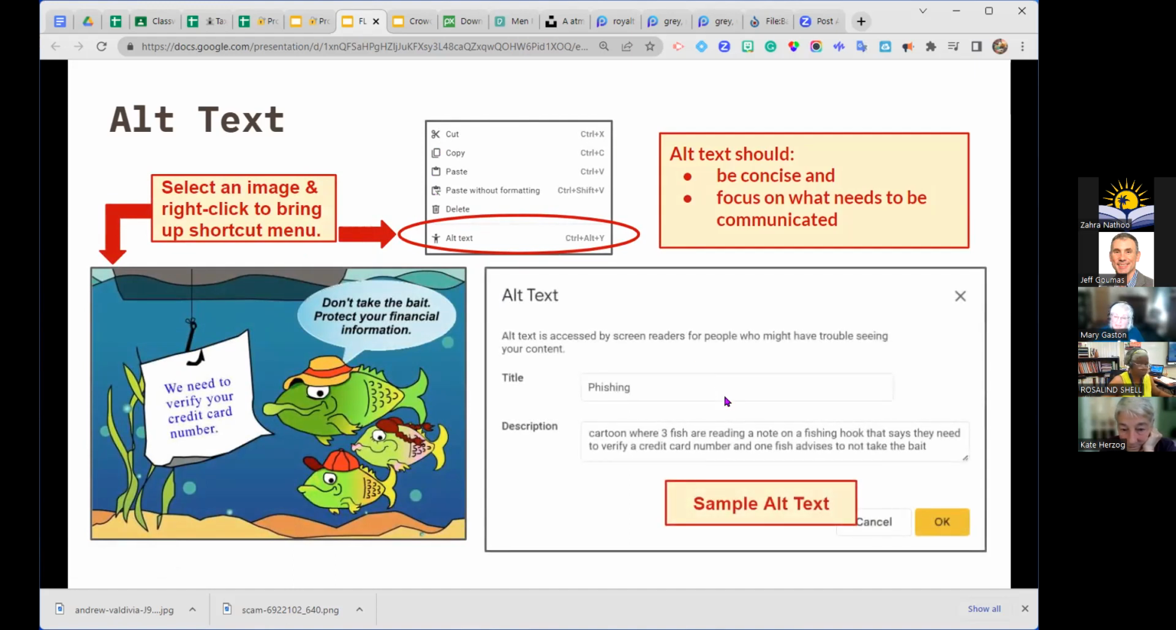This box pops up and you want to remember to try to be concise and focus on what needs to be communicated. This is probably the longest one that I've ever written, but I chose one that was a little more complicated. The most important piece is your description. This is what a screen reader would announce if it were reading a page. And also it's interesting to note that if an image doesn't load for some reason, then the alt text should be available for those who are trying to see the image. But you're trying to not leave anybody out and provide that descriptive